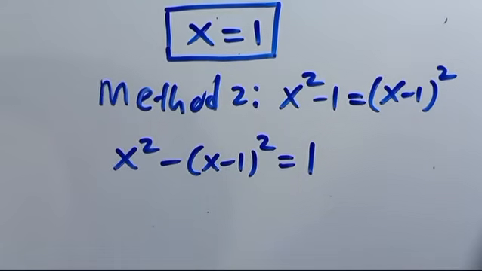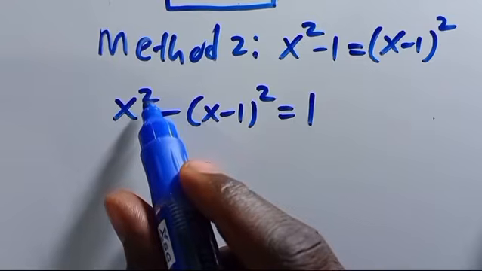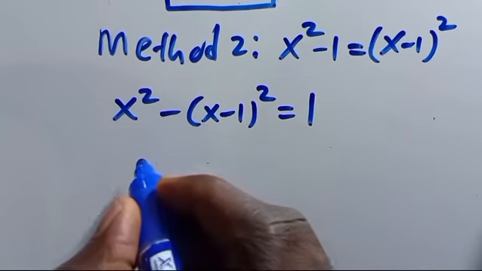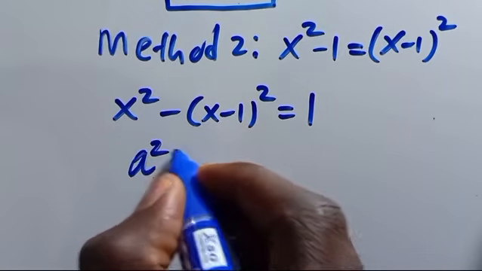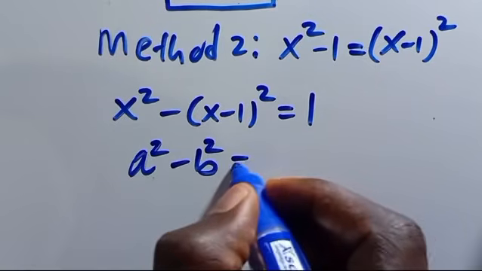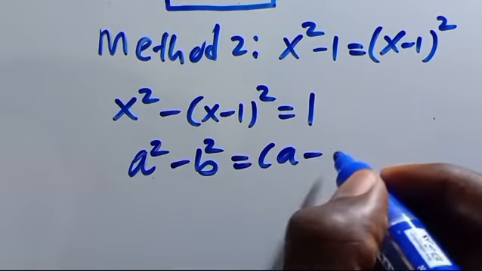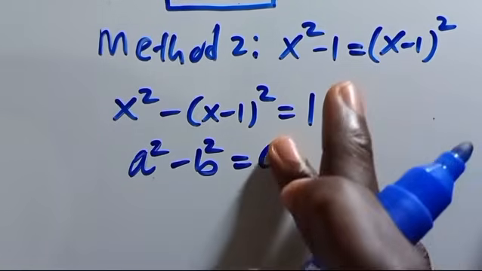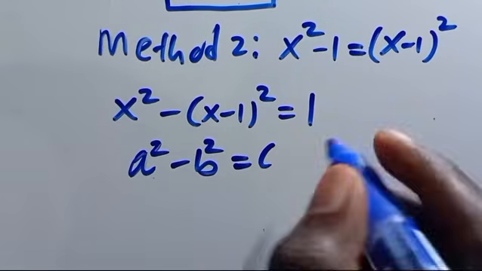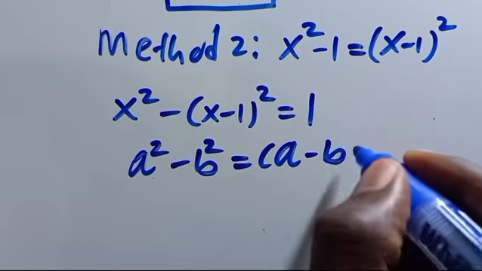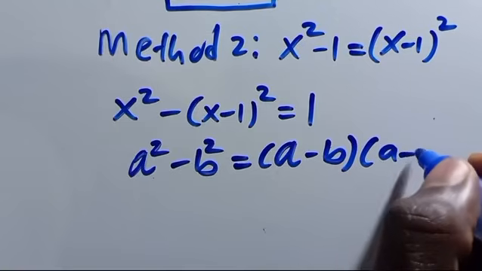So from here, we have this to be power 2, and this to be power 2. Recall that when we have a squared minus b squared, it always equals a minus b times a plus b,